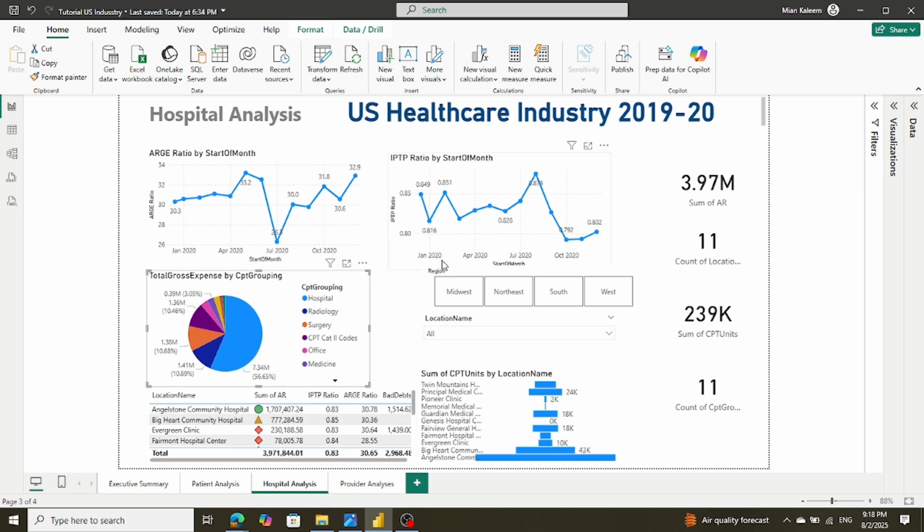And then we have IPTP ratio, and then we have the location, the accounts receivables. You see these are accounts receivable, these are IPTP ratios, age ratio, bad debts, and all that. These are the sum of CPT units by